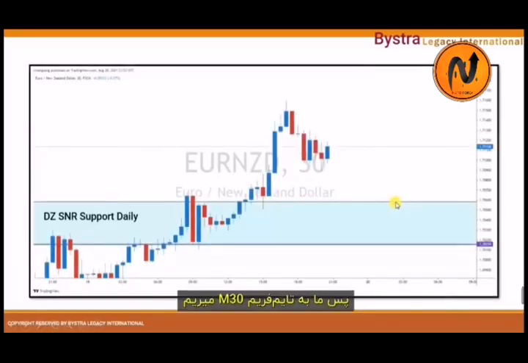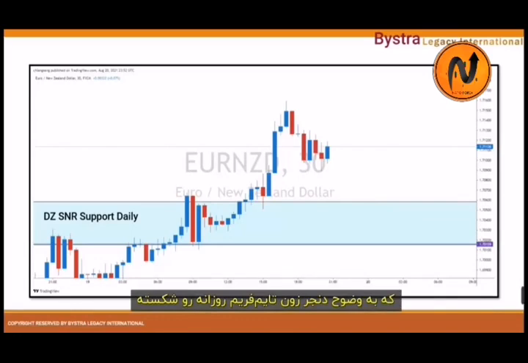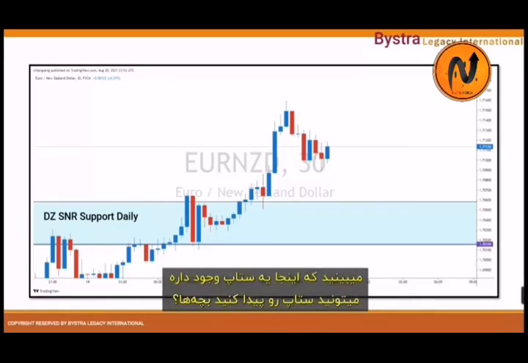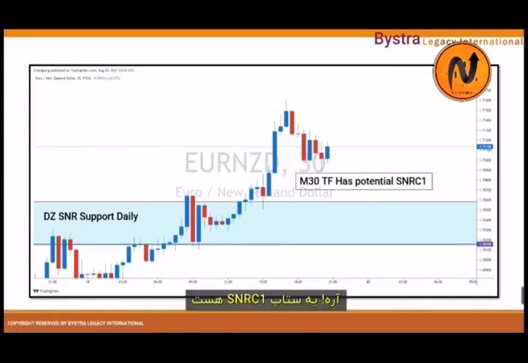So we go to the M30 time frame, after there is a confirmation of rejection from the zone, especially with the bullish engulfing that clearly breaks the danger zone SNR on the daily time frame. Therefore, we need to look for a setup. In the M30 time frame, we can see there's a setup. Can you guys spot the setup? Have you got it? Yes, it will be the